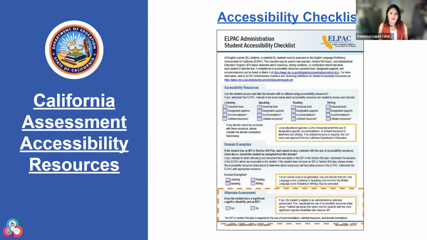Additionally, in the goldenrod box, the statement: if yes, the student is eligible to be administered an alternate assessment. If no, reevaluate the use of accessibility resources listed above. Remembering that federal law allows this option only for students with the most significant cognitive disabilities who have an IEP. Super important to remember, which means that, next slide,